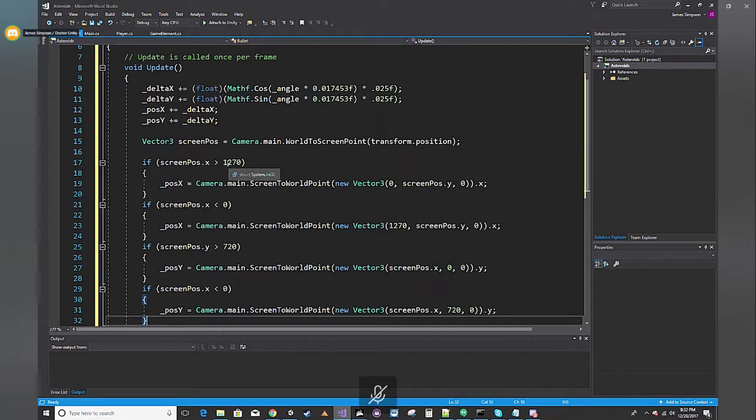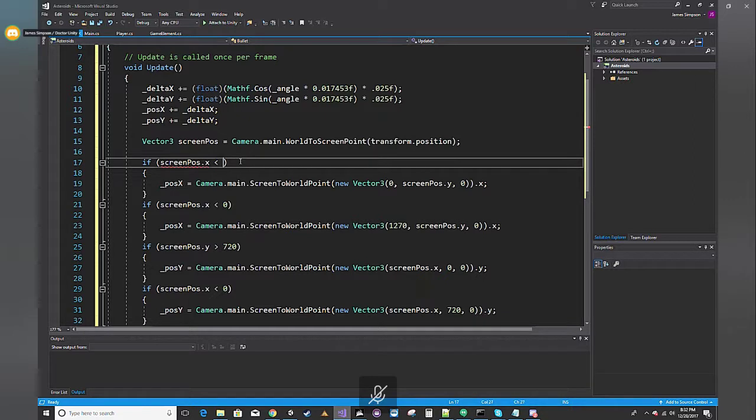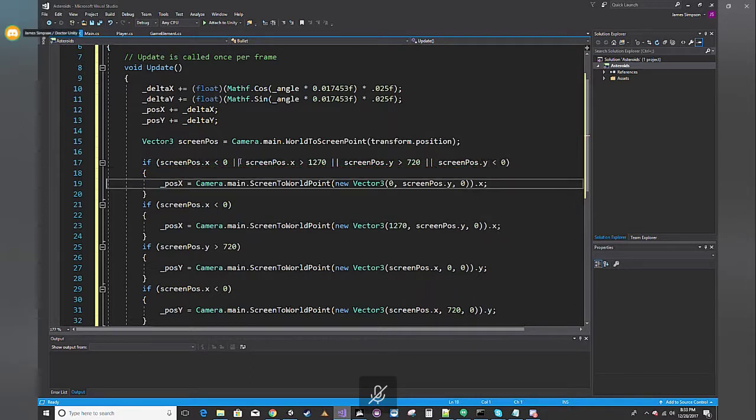Let's see. We want to say if it's less than 0. Actually, I think we can write this all on one line. Screen position dot X is greater than the width, which would be 1270, or screen position dot Y is greater than the height of 720, or screen position dot Y is less than 0. And then we want to